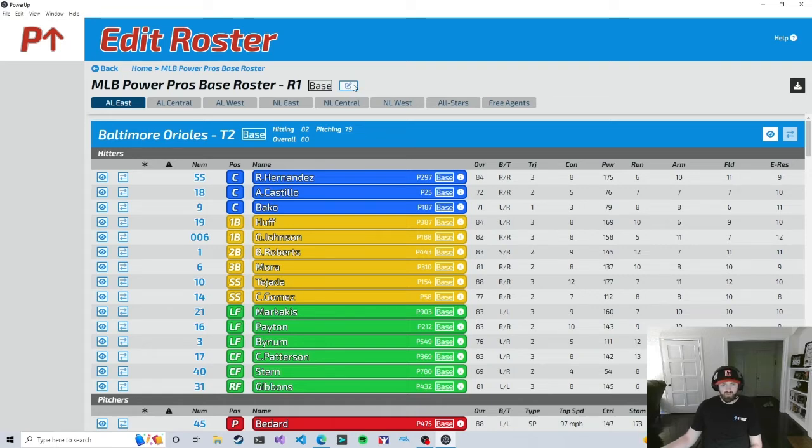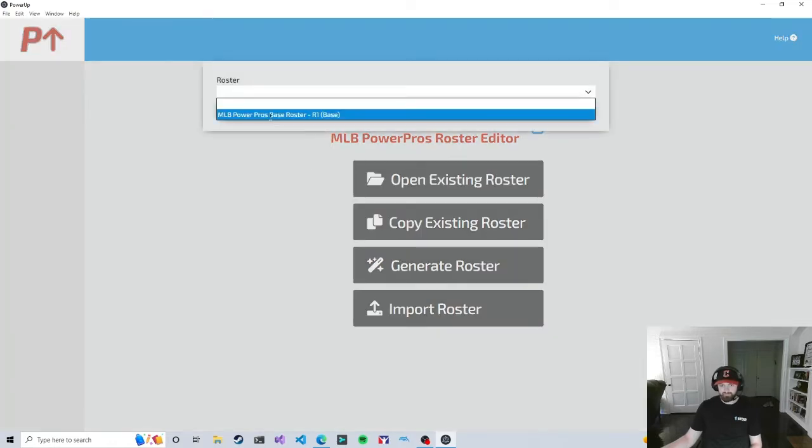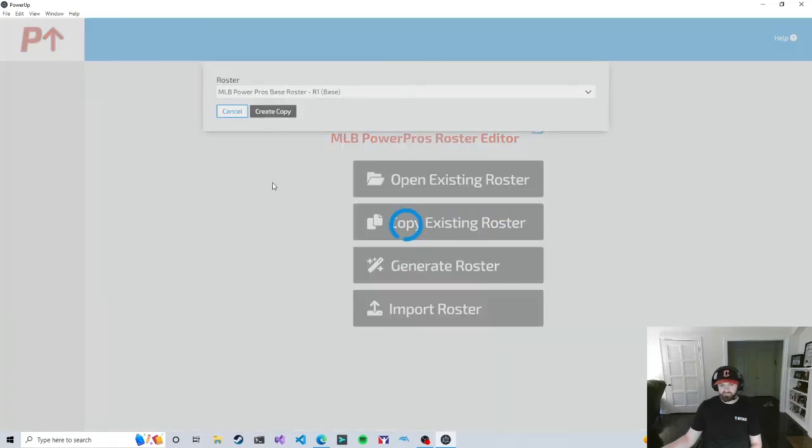It is what it is, and it can't be changed because it is a base type, which means that we can't edit it because we want it to be persisted as we make changes through the app. So, since we can't edit it directly, we're going to make a copy of it. So I'll make a copy of the base roster,